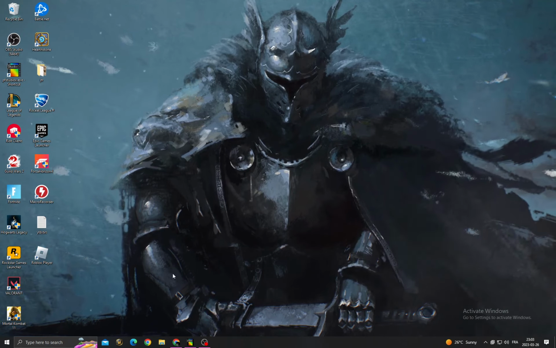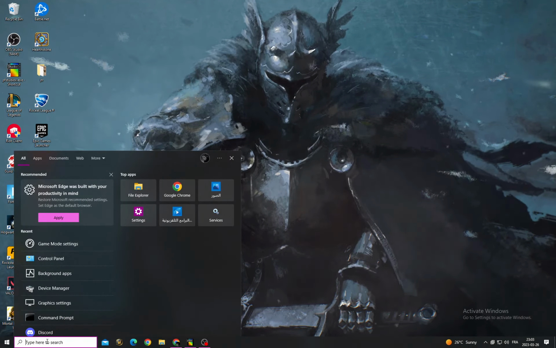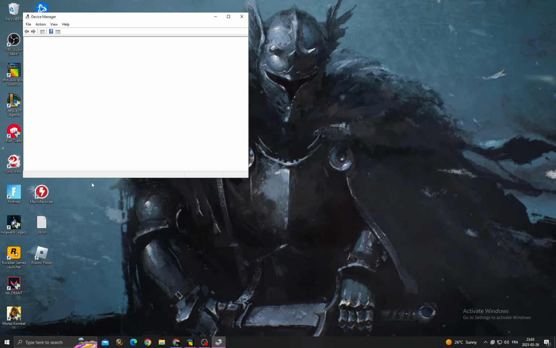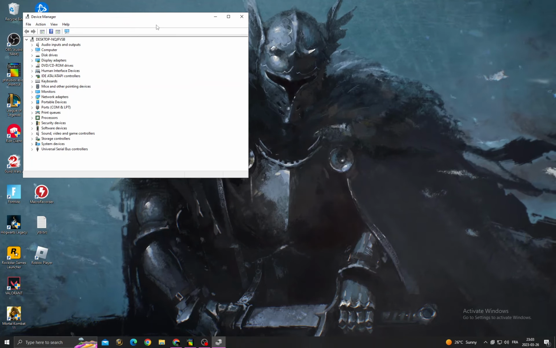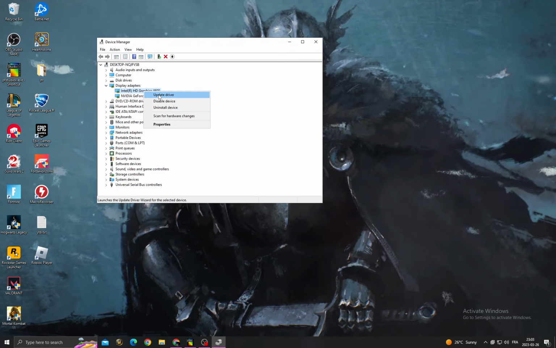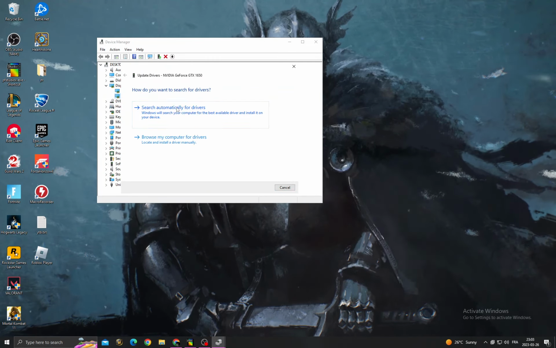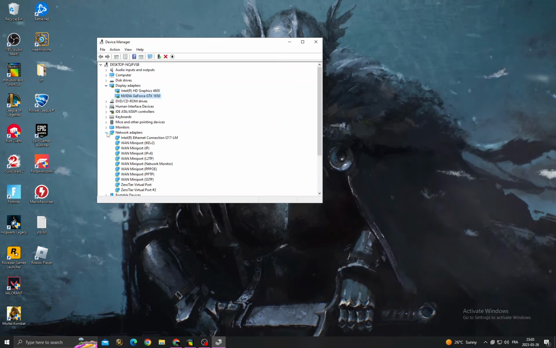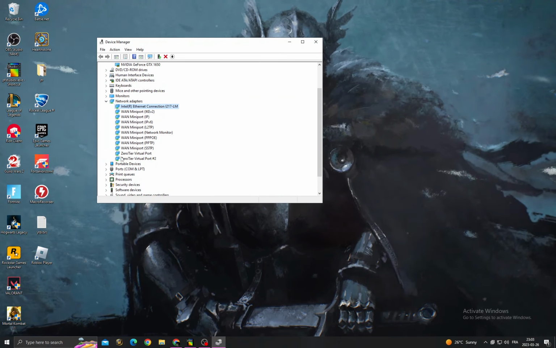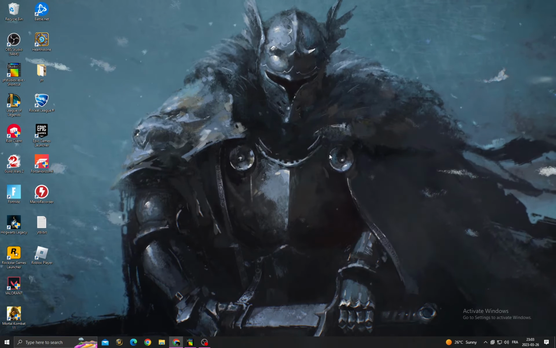All you have to do first, just click here, then type after that type here device manager, and now click display adapters, right click update drivers, search automatically for drivers, and then second one, and now go to network adapters. One by one update all of those drivers into the last driver here, and then go back, and after that